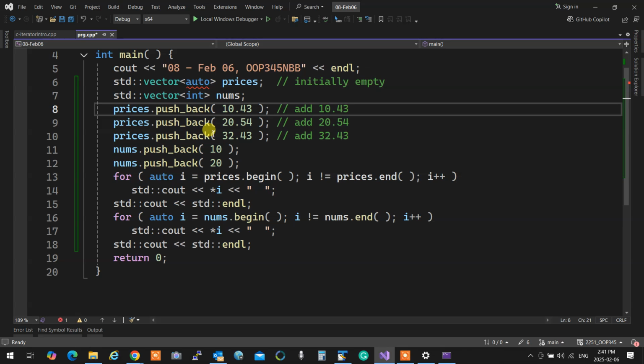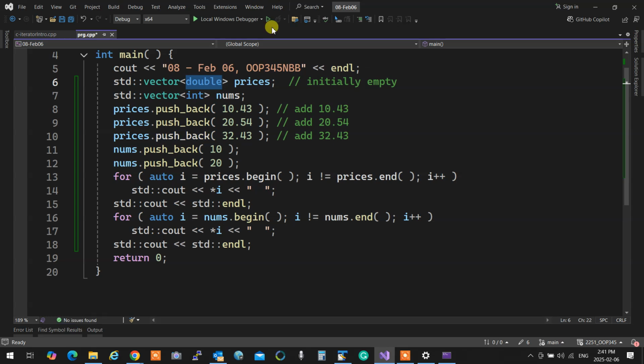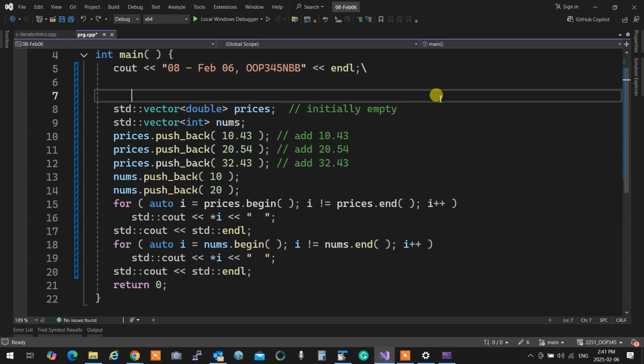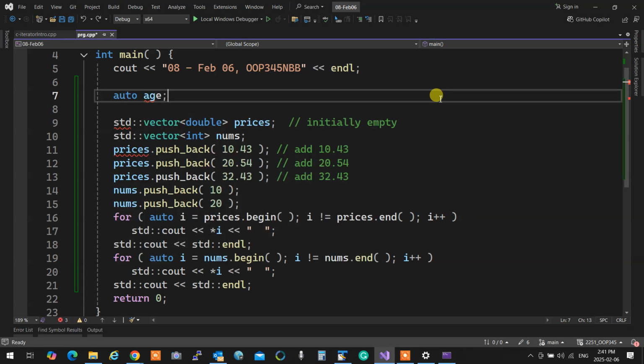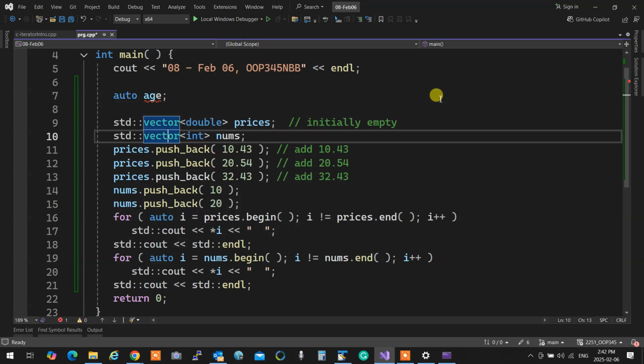You cannot use it for a normal variable. My question is, can you write this? No, it doesn't know what age is. You need to assign it to something so it knows what's happening.